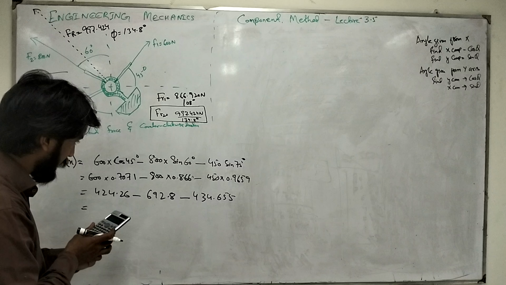So this part will be 600 multiplied by 0.7071. So this is 424.26, plus 800 into 0.5 will be 400, and 450, this negative sign continues over here, 450 multiplied by 0.2588,